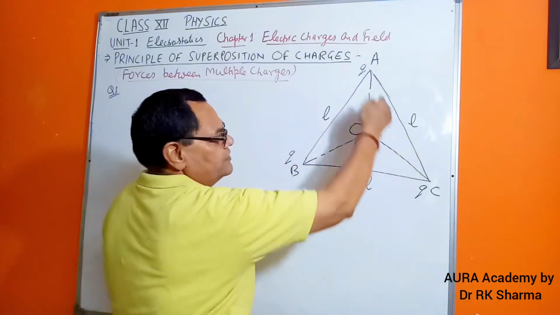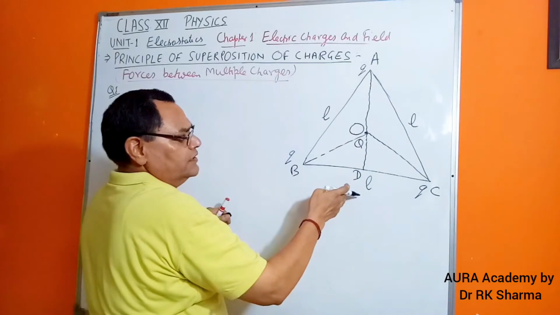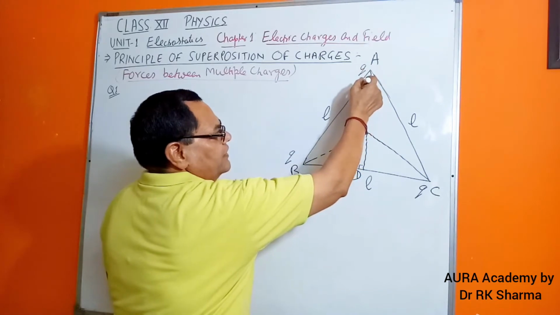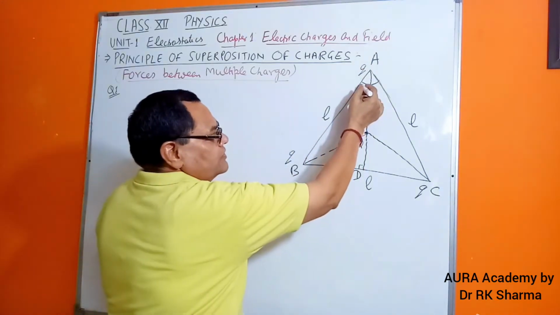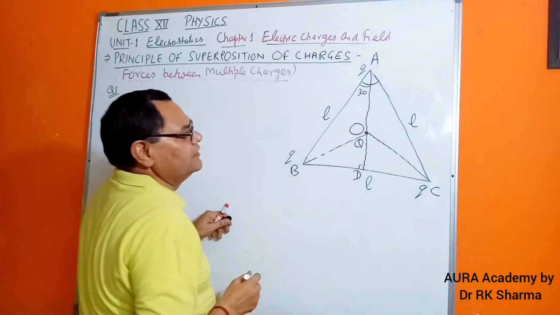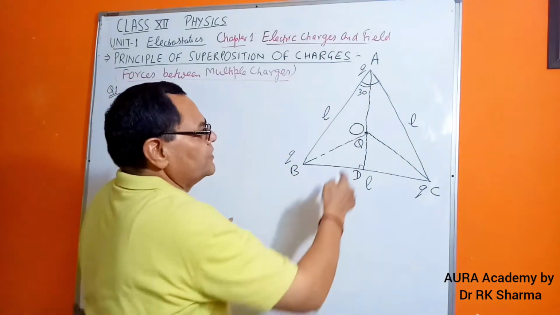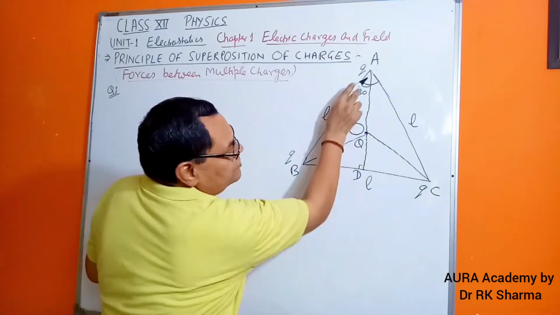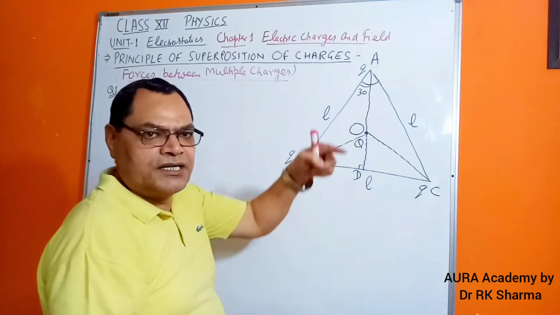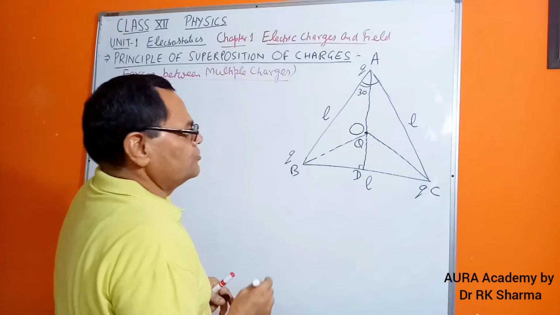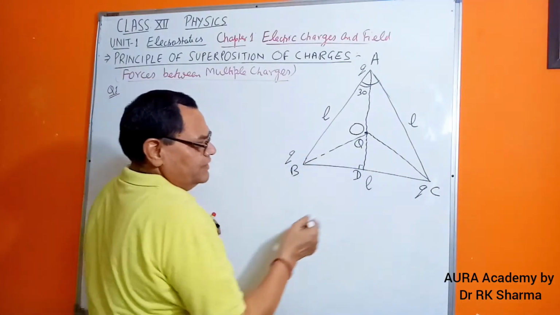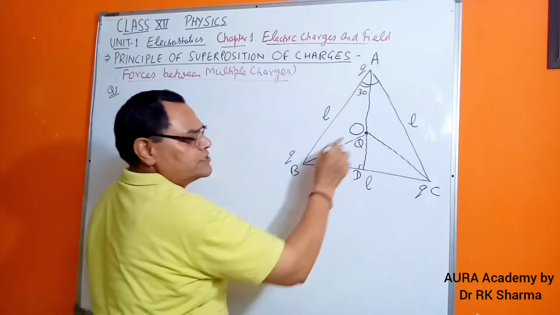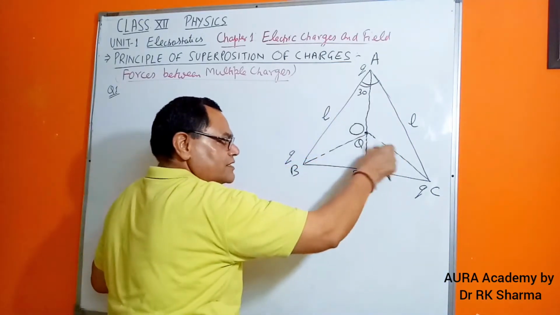in mathematics, by using the triangle method, you can easily find AD, because this is a right angle triangle. Here is 90 degree, and because the triangle is equilateral, the total angle here is 60 degree, so this angle will be 30 degree. If we use cos, cos is based upon hypotenuse. So we can easily find AD first, and once you know AD, AO will be nothing but 2/3 of the total. Clear? So we will know the distance, and as per the mathematical property, AO will be equal to BO is equal to CO. All three will be equal. So we will know the distances as well.